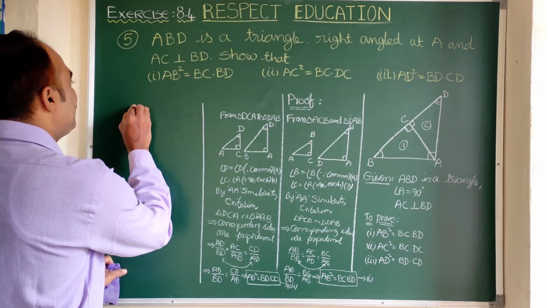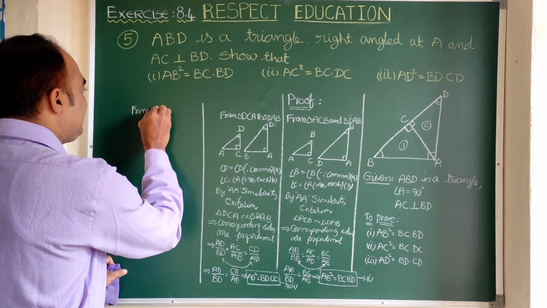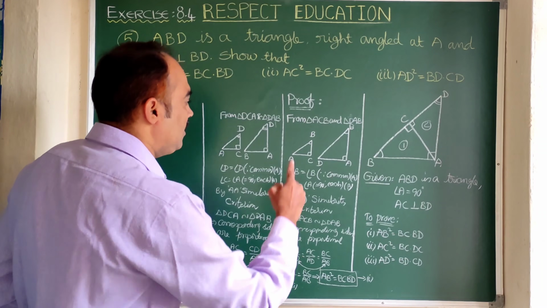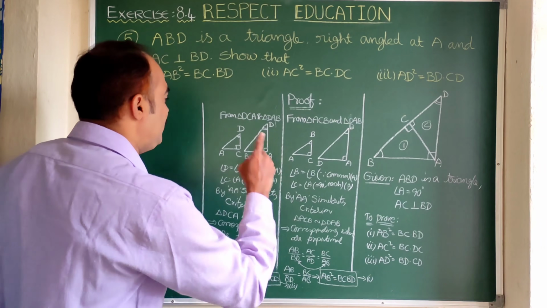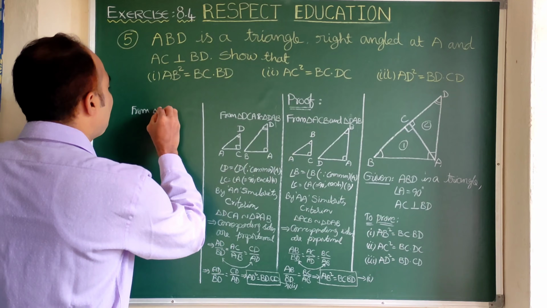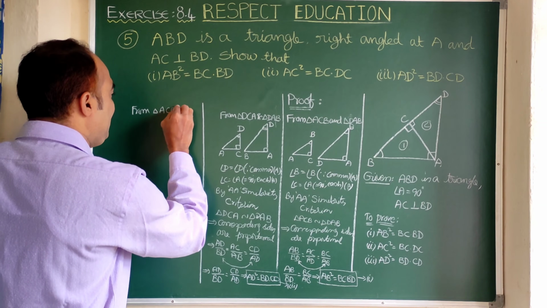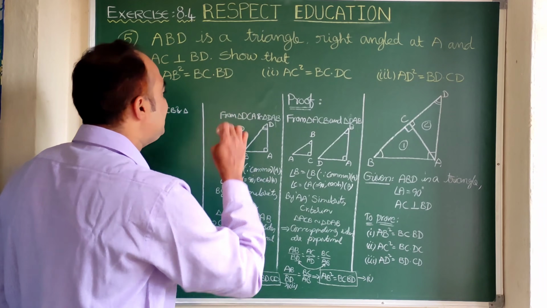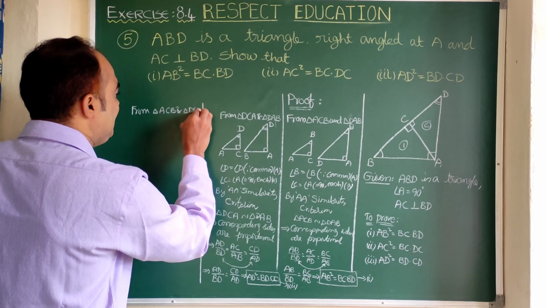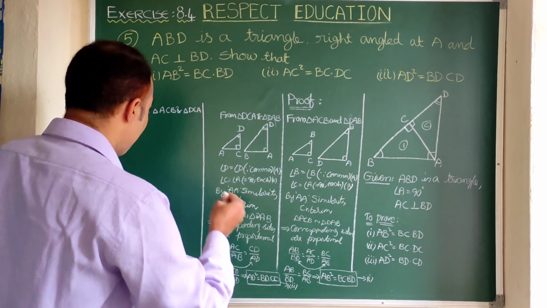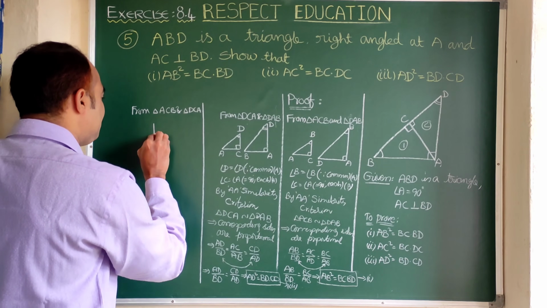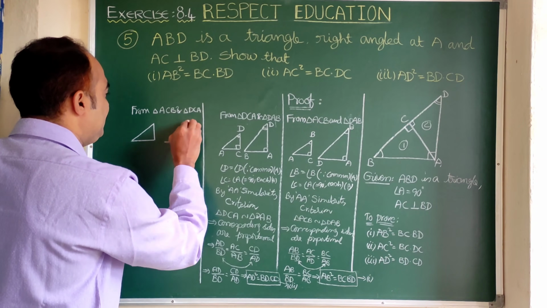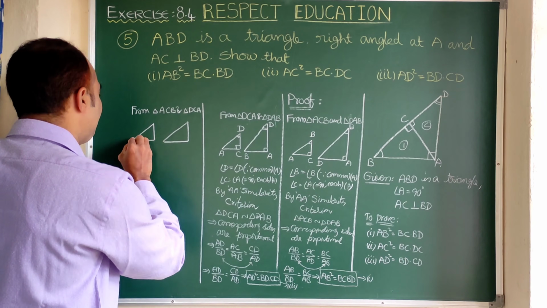Here you see from the triangle, now I am going to compare first sun with second sun, meaning the first triangle and second triangle. So here let us write the triangles now. This is triangle ACB and the second one is DCA. So here let us draw small triangles. This is first sun, this is second sun, right?